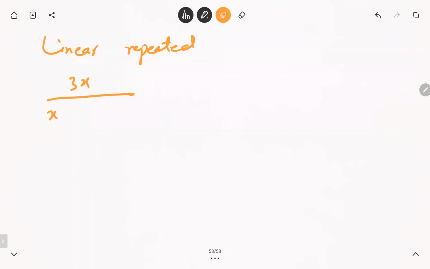3x over x minus 1 x plus 2 whole square. Now that first part x minus 1 is a linear. Second भी linear है but linear repeat हो रहा है x plus 2 into x plus 2. So this is called linear repeated. So difference क्या है इस क्वेश्चन को उस क्वेश्चन में सॉल्व करने में? फर्स्ट स्टेप का